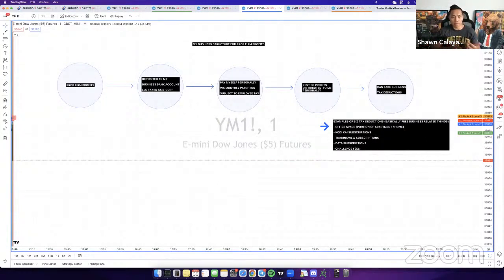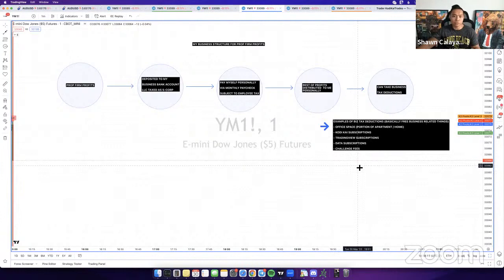But it doesn't really matter because if you're overpaying taxes, they'll give you a refund at the end of the year. Like last year, I ended up getting like 30K back because I overpaid in taxes. So I got a 30K refund, which is cool. I mean, it would have been nice if I didn't overpay, but it's all good. I still got a pretty nice refund at the end of the year.